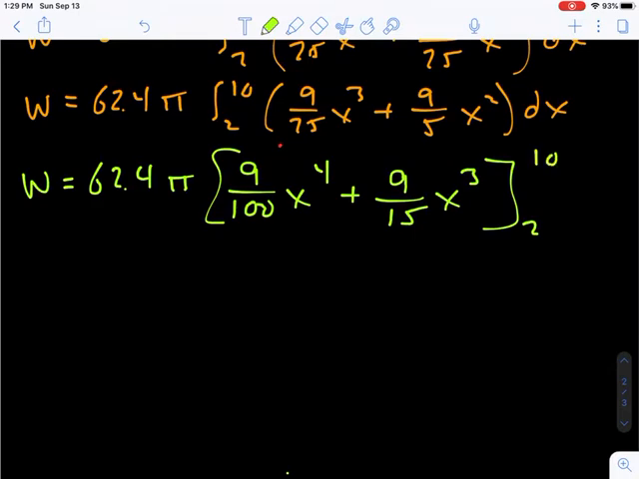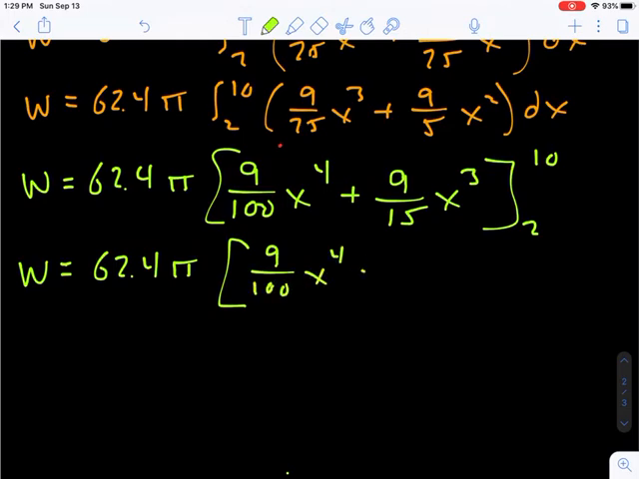And I'm going to simplify the 9/15. They both have a factor of 3. So we have 9/100 x to the fourth plus 3/5 x cubed. It's just going to make the computations a little bit easier here. Now let's substitute in 10. W is equal to